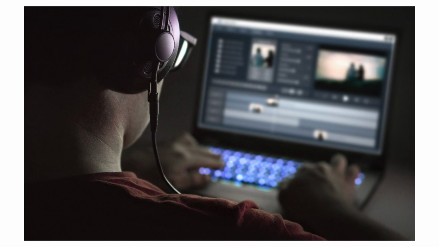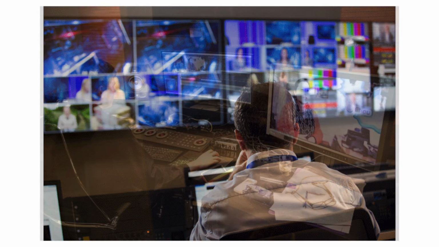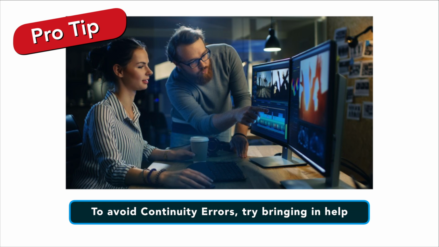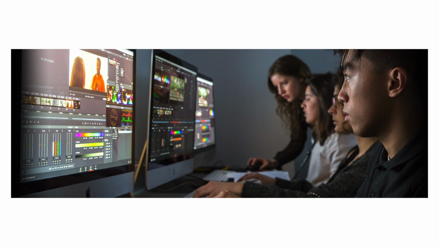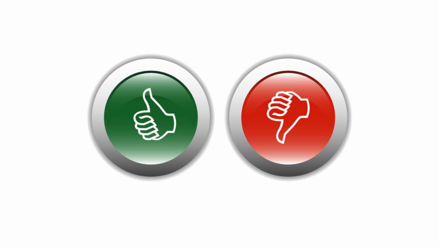Don't get lost in the weeds. There are a lot of details you'll need to keep track of in the edit bay. Sometimes you can be so focused on a particular set of details that you miss minor continuity errors. There is an easy way to beat this, however. You can try first by bringing in help. A reviewer with a fresh set of eyes objectively identifies what's working and what's not in an edit. A thorough critique should be part of any creative process.